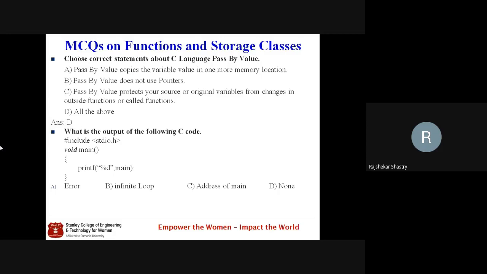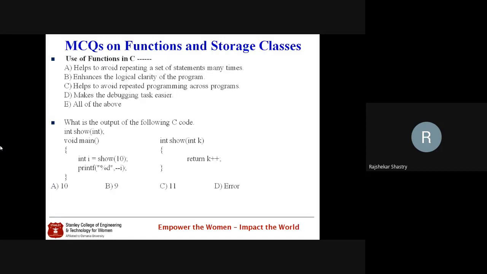You know, text code is there. I told you that your object code will have a separate memory at the bottom of your stack called code memory or text memory. From that, it fetches the address where the main method code is stored. Its base address will be returned. So therefore, the answer is C. It prints the address of the main method. Likewise, we can fetch the address of any method, not only main. Next comes use of functions in C.